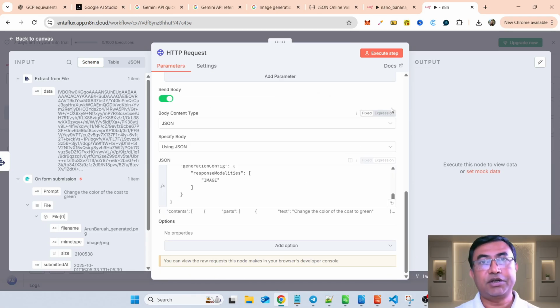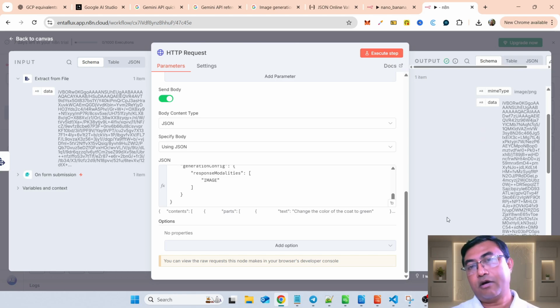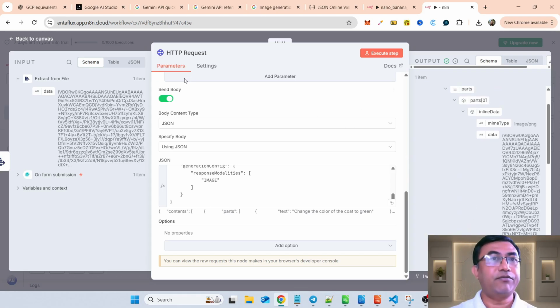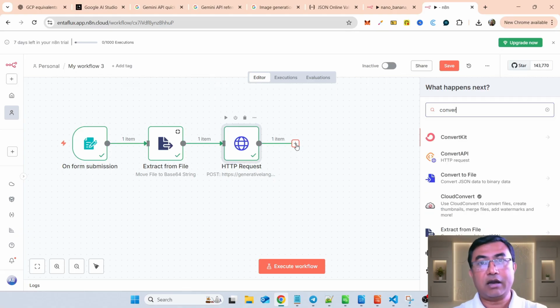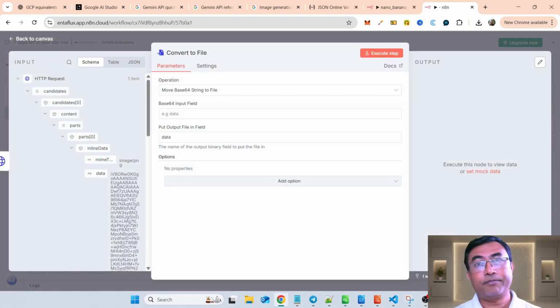Let us execute this step right now. Let's wait for a while. Yeah, we got the data from the LLM. Now this data is in base64. We have to reverse it to make it into a file. Okay, so that's why click here and convert, convert to file. Click on this link, it is from base64 to a file. Click on this